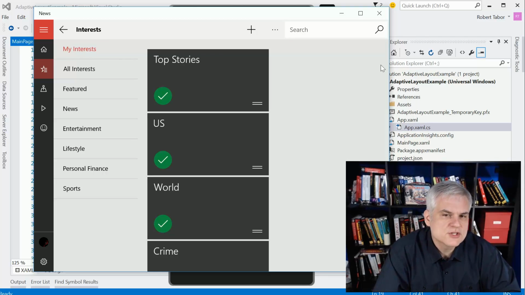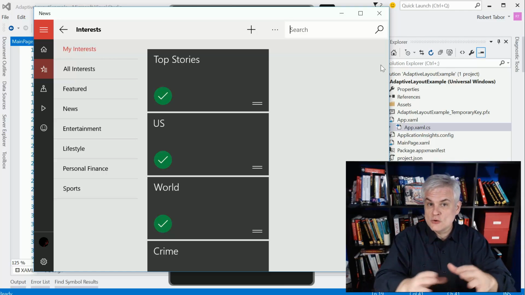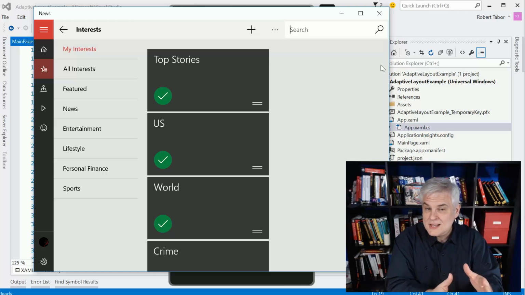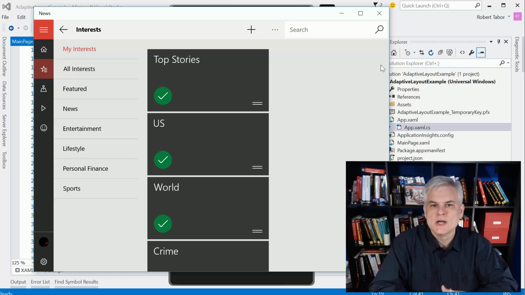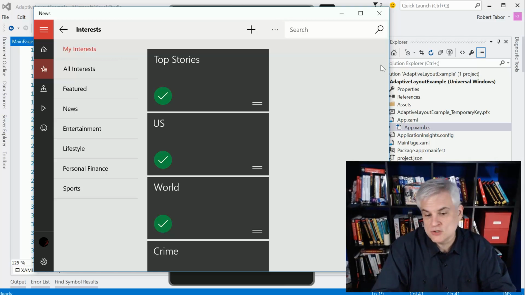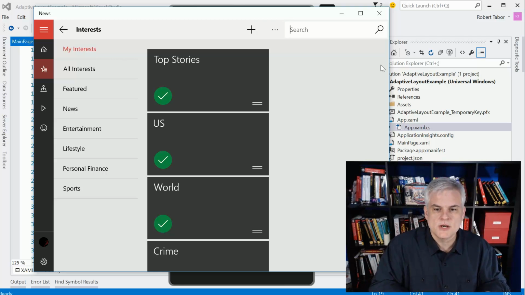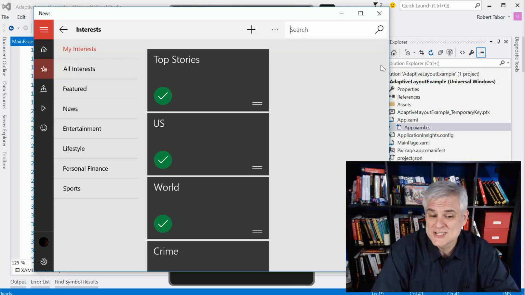So I guess the moral of the story is this: you have the tools to make your application change form however that makes sense for your application. You get to decide the breakpoints. You get to decide what layout changes need to happen. It's all up to you. And perhaps that's where you need to, for your specific type of application, take a cue from obviously the News app or the other apps that are bundled with Windows, but beyond that there's not a lot of guidance. So you want to choose carefully, you want to test,